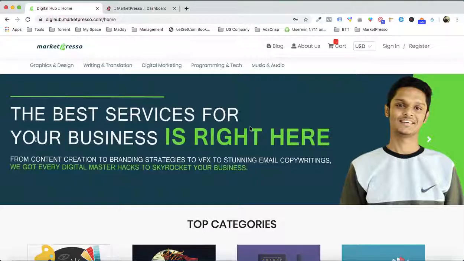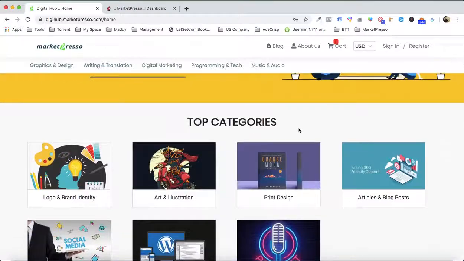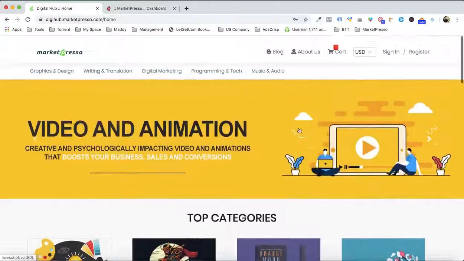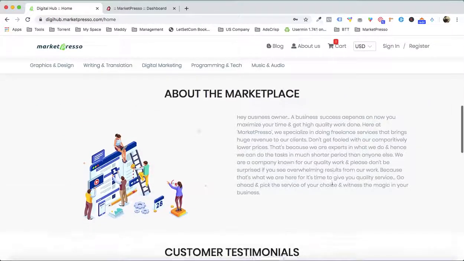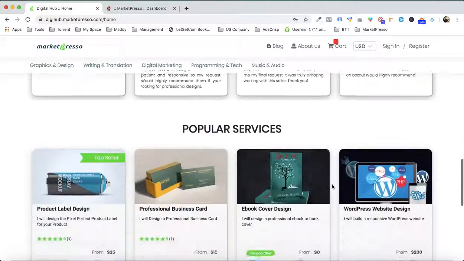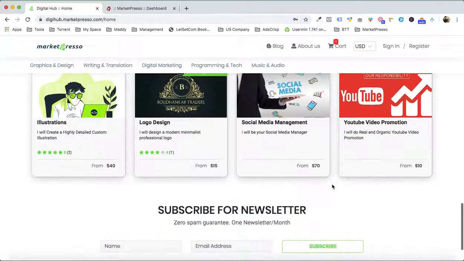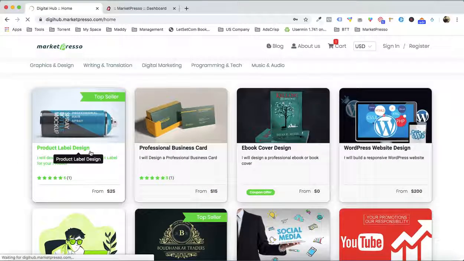Now, in just a few seconds from now, I'm gonna create a good looking marketplace right in front of you, just like this one, right, with your banner image, with the categories right over here, with the about us description right over here, with the customer testimonials, all your services that you are going to be offering, and the subscription box. And along with this, when we go inside,